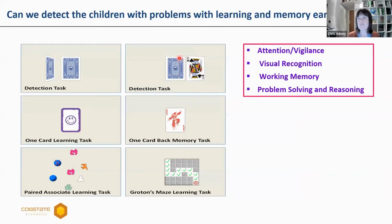And what we want to do in this study, and what we have done, is we've used a test called Cogstate, which is a series of card games and maze tests and pairs tests that only takes about 15 to 20 minutes, but allows us to pick up early signs that children are having problems with these tasks I told you about, the executive function, the processing speed, etc. So instead of having to wait for years after the leukemia treatment to see whether these problems emerge, you can